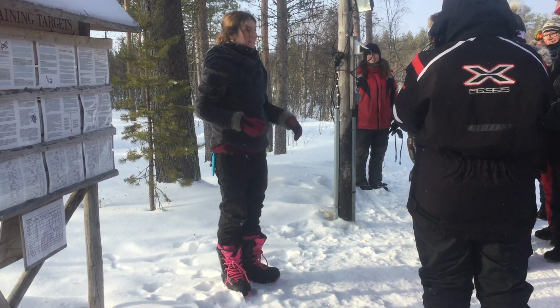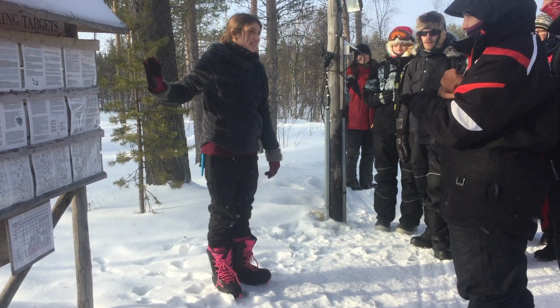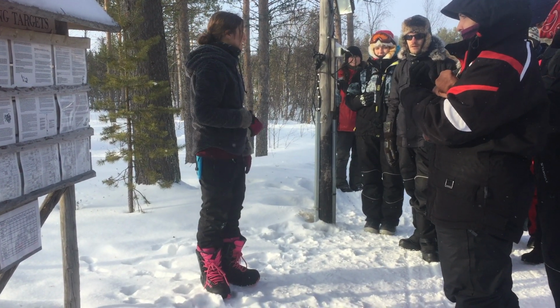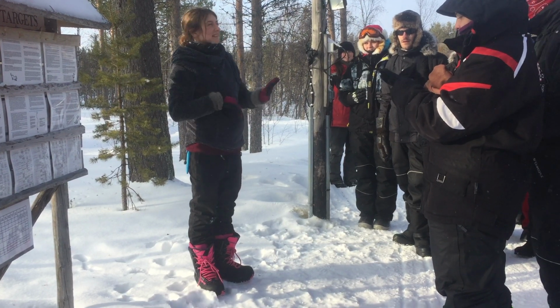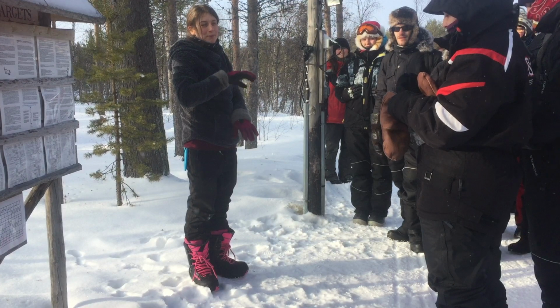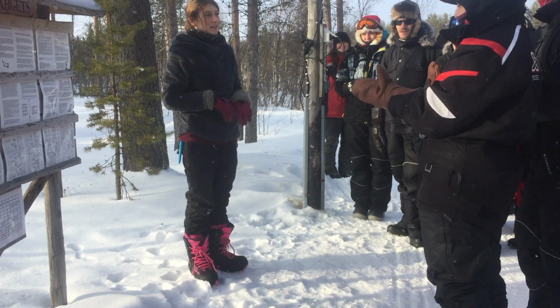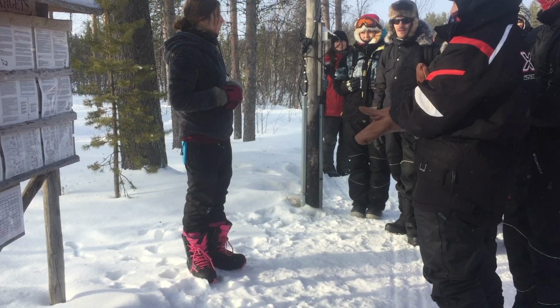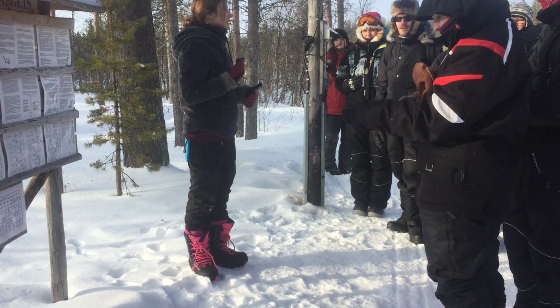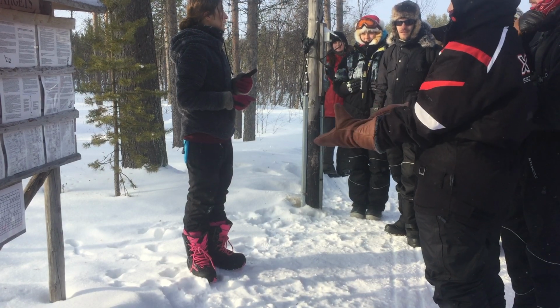Just because we're passing next to it, these are our training targets for the summer. So in the summer it's too hot to have the dogs run. They're comfortable between minus 10, minus 20. That's their perfect sweet spot. Today's already quite hot for them, so we're going to have to take a few extra precautions to make sure that they don't overheat. But if it's above 0 degrees, it gets too hard to make sure that they won't